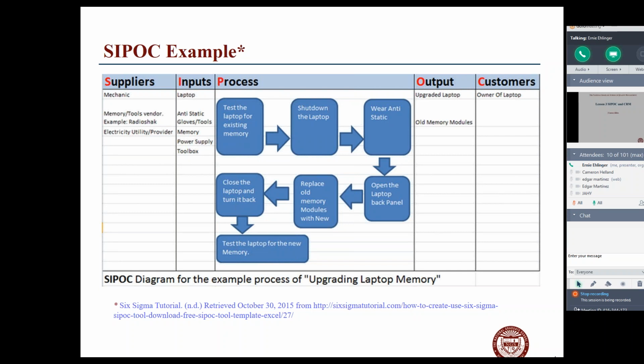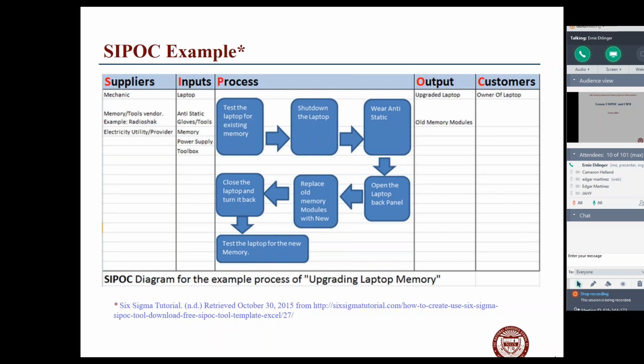And what are your permissions regarding how you interact with them? Can you get data from them? Can you ask them questions, et cetera? So you want to list that then. And then, what do they provide, whoever those suppliers are? Typically, almost every one of your projects has suppliers, and they provide something into this, whether it's a service or manufacturing. Just about every project, this SIPOC is helpful.